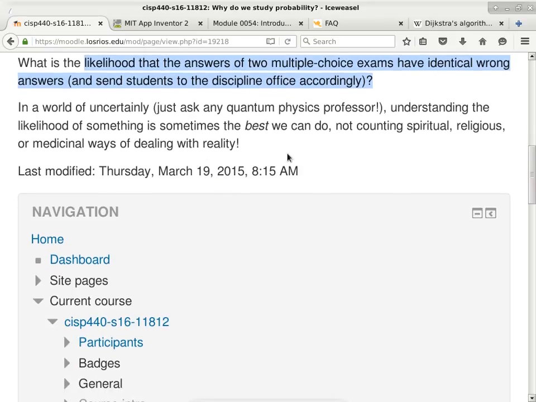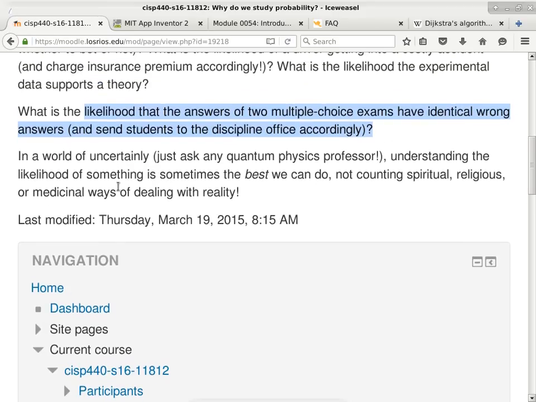All right. And the last paragraph is just my own spiel on the importance of understanding uncertainty. There's one great physicist who said, God does not play dice. Who was that, and in what situation did he say that? Einstein said that, and he was referring to quantum physics. Yep, because quantum physics is all